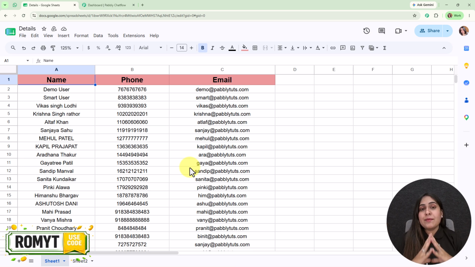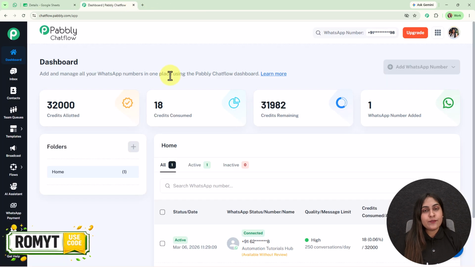That's where I found an amazing solution of WhatsApp broadcasting that allowed me to send bulk WhatsApp messages to bulk contacts in just one click with an approved method. Yes, you heard it right. Using WhatsApp broadcast, you can send bulk WhatsApp messages to your bulk contacts at a specific time using your own WhatsApp business number. And here I'm going to set up this WhatsApp broadcast using an all-in-one WhatsApp communication platform, that is